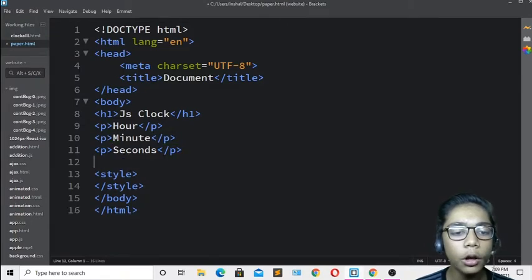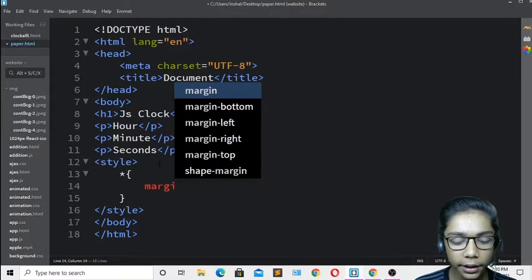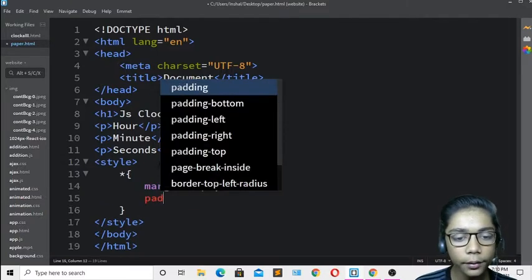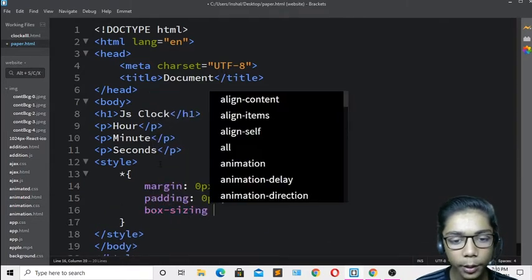Now just go to the style tag over here and write margin, which should be 0 pixel, and then padding, which should be 0 pixel, and write box sizing, which should be border box.